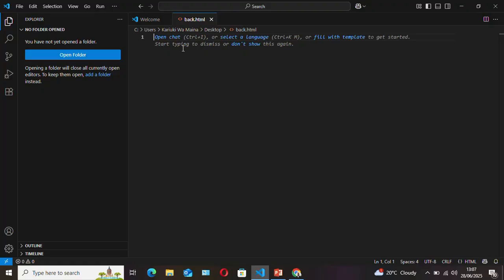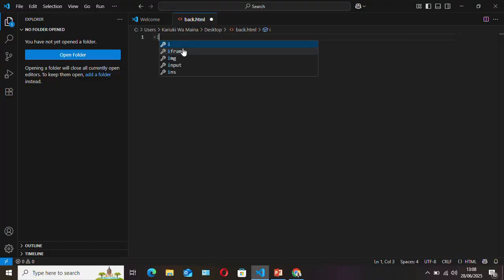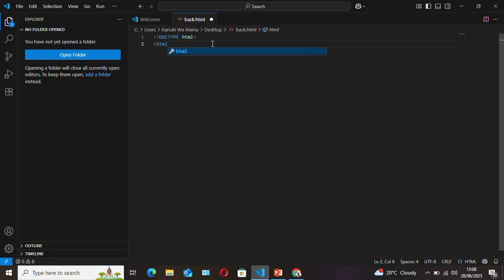The next thing is that you're going to write the basic structure of HTML. We start by defining the document that you are typing, starting with the document type. One thing that you're going to find with Visual Studio is that once you start typing, a tag is able to complete the tag for you. So you go to HTML, and once you close the opening tag, it automatically creates the closing tag for you. Then inside the HTML tag, we are going to create the head section,